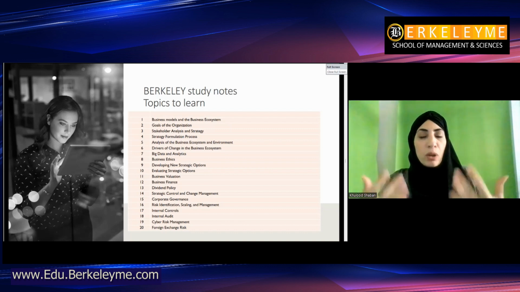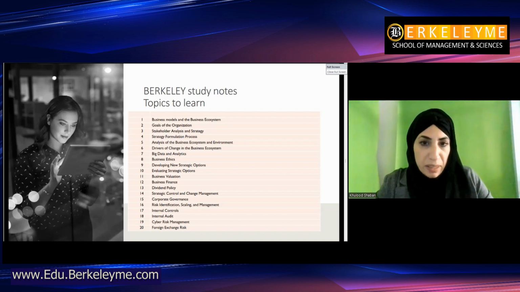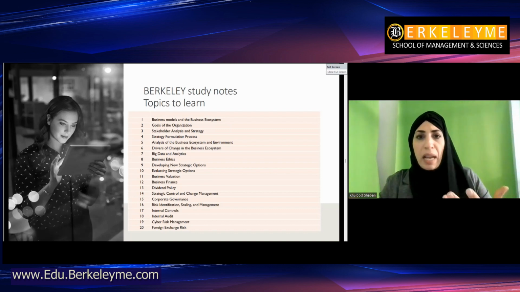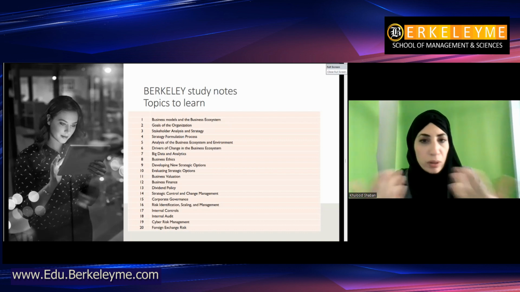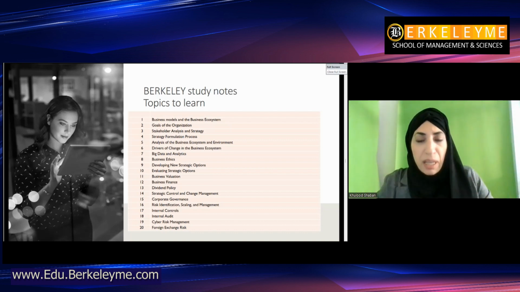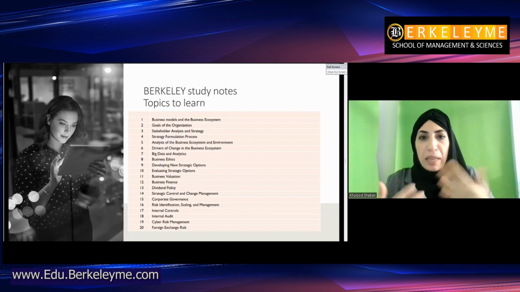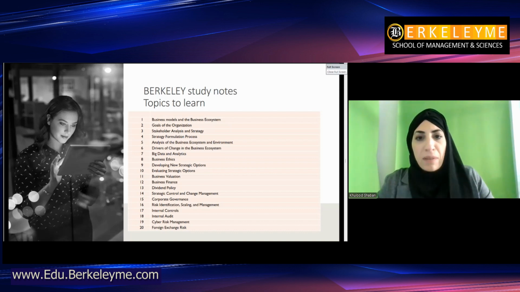Itself, and you will be going through until the pre-seen gets released. So, of course, it will have the business models, stakeholders, as we said, which is very important, goals of the organization, formulation of strategy, drivers of change in the business ecosystem. Business ecosystem is very important to understand too. Big data and analytics. There are the ethical issues, ethical standards, how to formulate a new strategy, and evaluation of